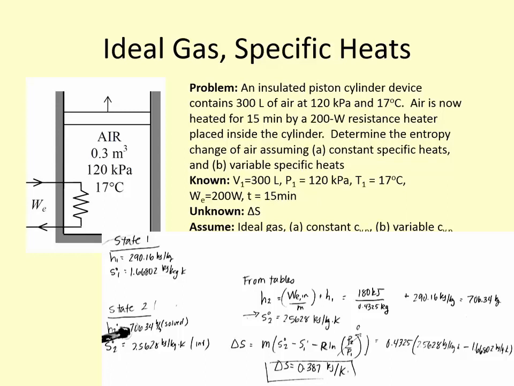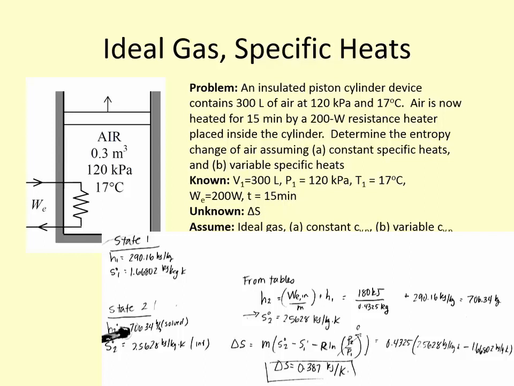And then again, P2 over P1, if our pressure is constant, this term goes to 0. So we just need to know the tabulated values of this S2 and S1. So delta S for a constant pressure process is equal to the same change in entropy if it were just the reduced entropy values. So we find that it's